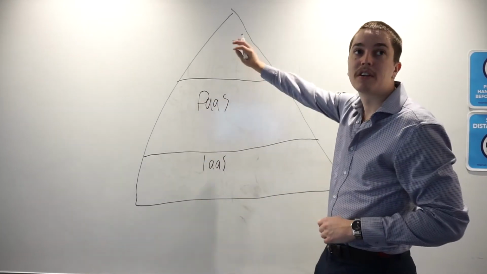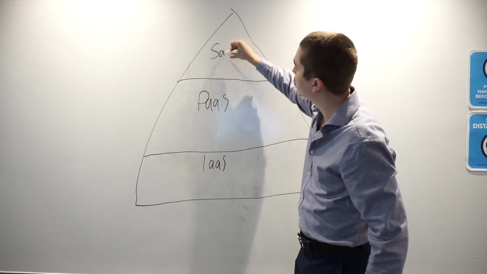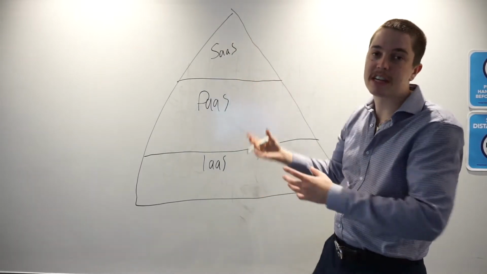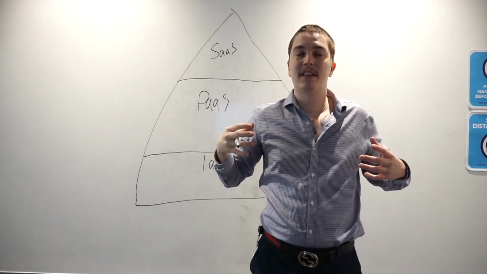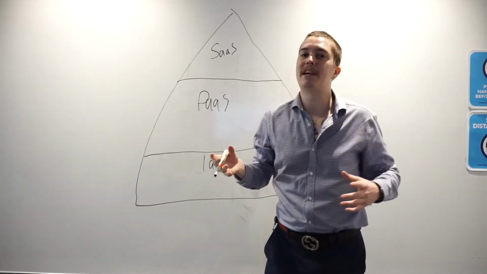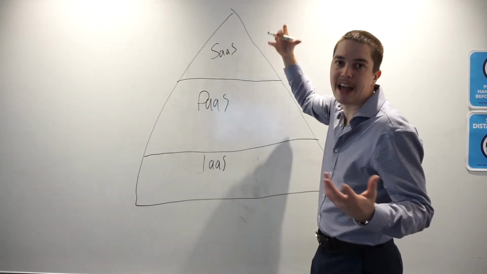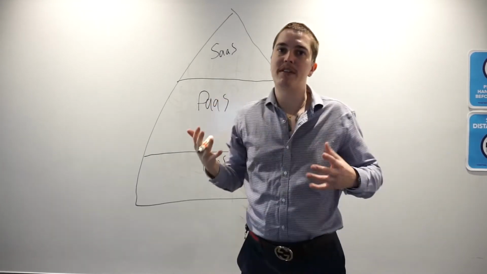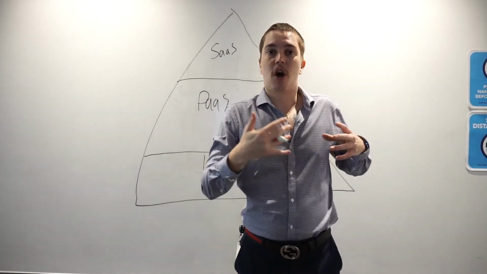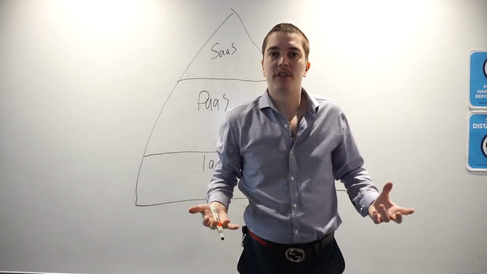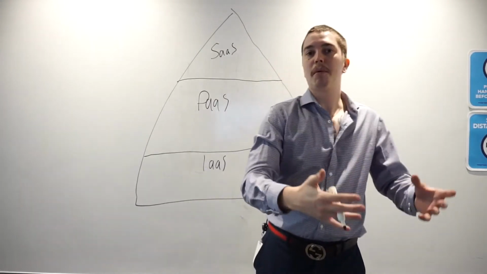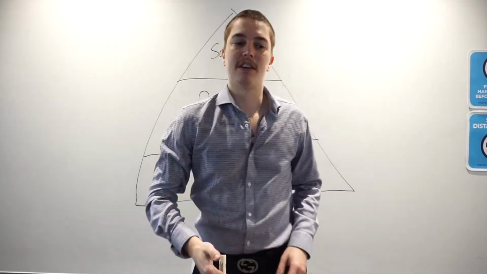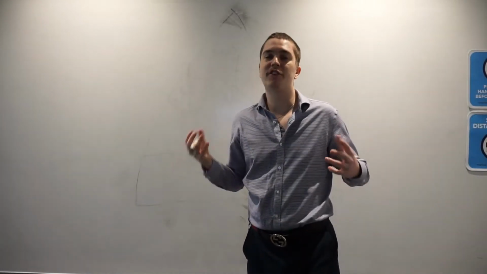And now the top one is Software as a Service. Software as a Service is kind of the easiest one to explain because this is something like Outlook. You heard of Outlook Mail or Microsoft Word? It's software that you would install, but it's not like an infrastructure of a physical server, right? It's just something that you open up, you do your work on, and that's what it is. So what does all this have to do with the cloud?